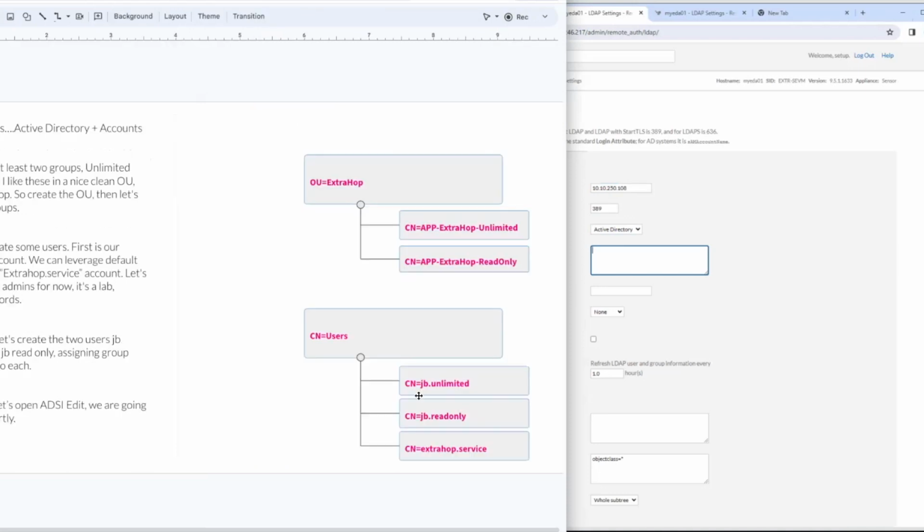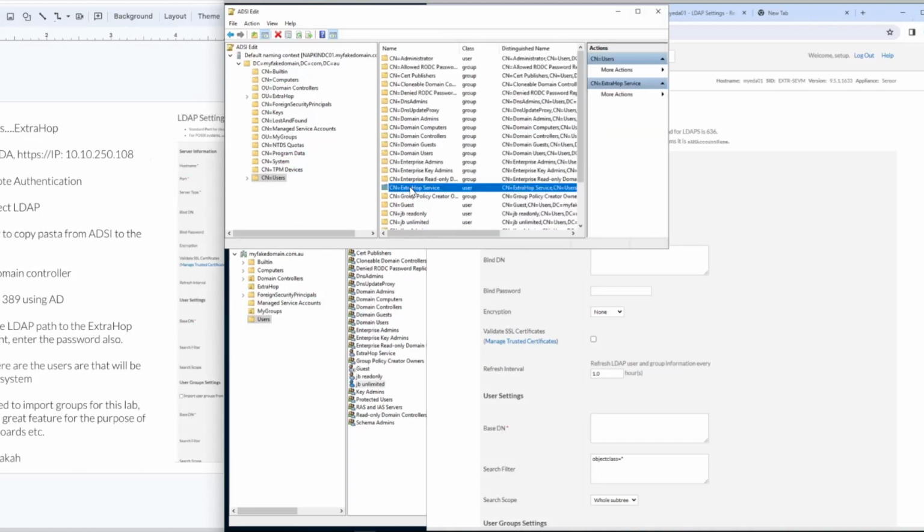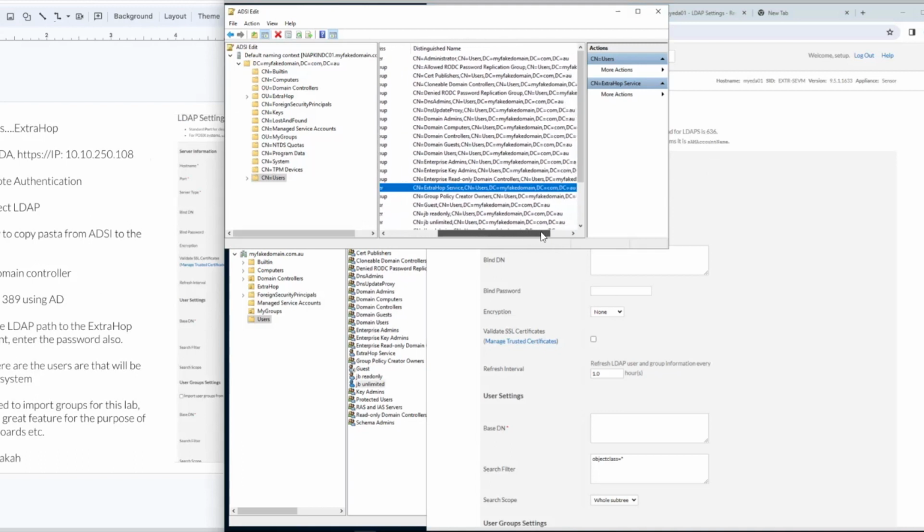So now here we take the bind distinguished name path. Remember that service account? This is where we copy paste it. So let's go up to ADSI Edit for that ExtraHop service account. If you want, you could actually type that in, but you can just click